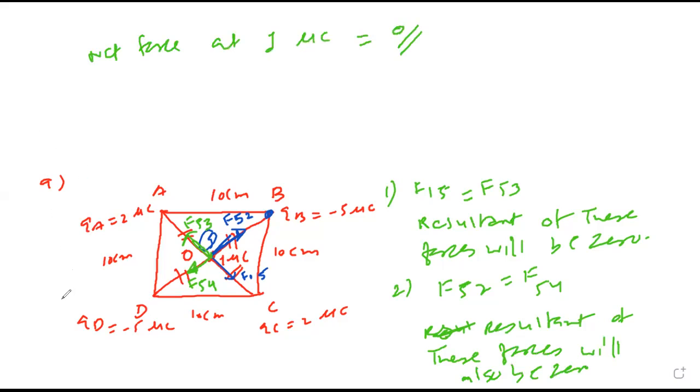I had a doubt, just overall, not in this sum. When they mention any number of charges and don't say negative or positive, do we assume them as positive? Yes. Here they have given 2 is plus, this is minus, this is plus, this is minus. If they don't write anything, then it is plus. But here they have specified minus 5.